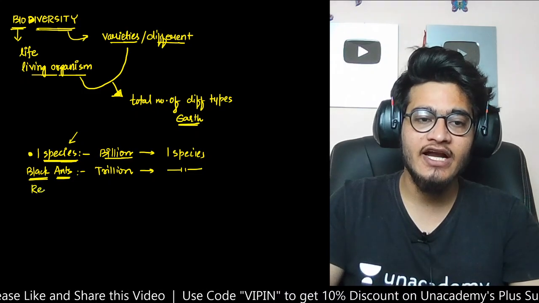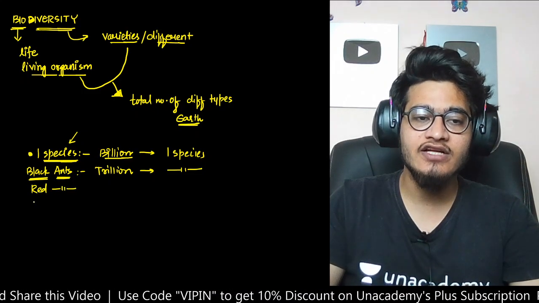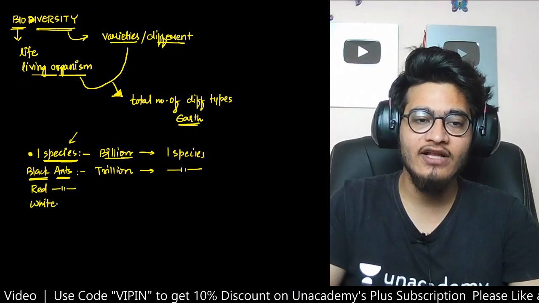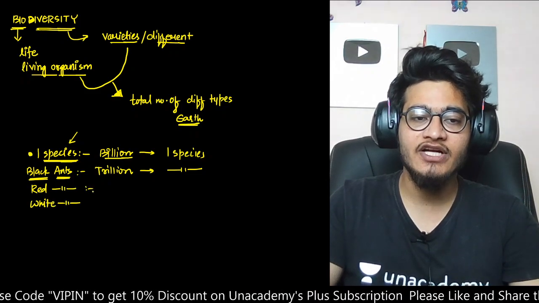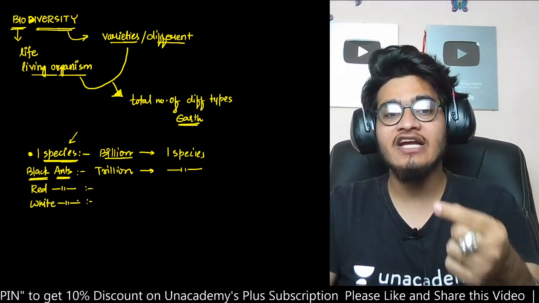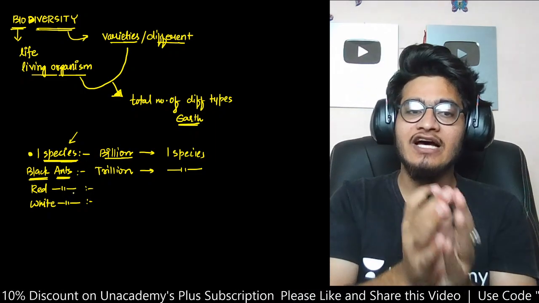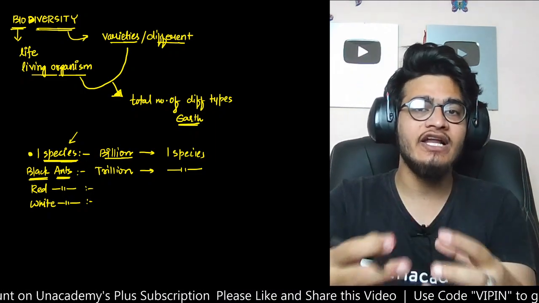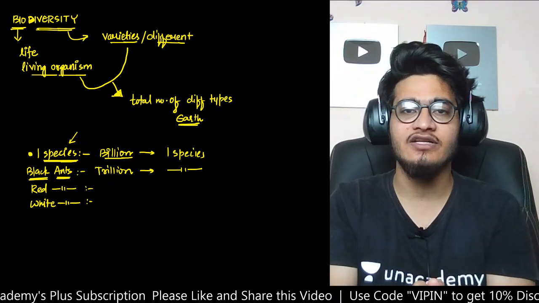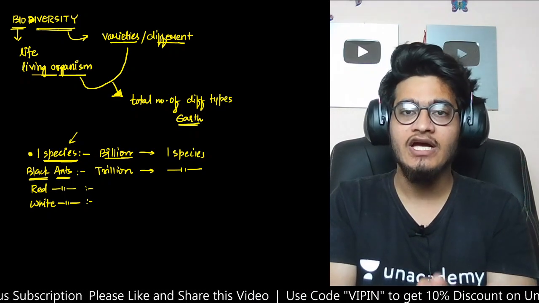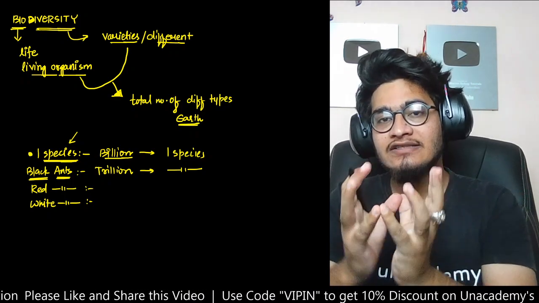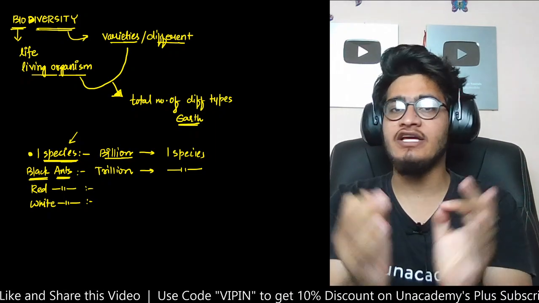Similarly, let's say there is a red ant. Then there is a white ant. So all these will be representing different species as they look different from each other. क्योंकि ये सारी की सारी एंट्स जो हैं एक दूसरे से अलग दिखती हैं, तो ये डिफरेंट स्पीसीज बना लेती हैं जाकर के. And humans, since they are the same, they are fundamentally the same, because each and every human is going to have